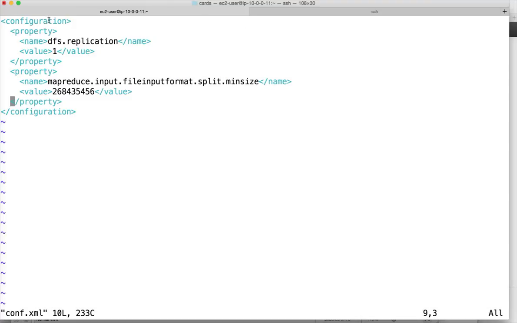The configuration file should start with the configuration tag, and then for each property you need to have the property tag. In this example, I am trying to set dfs.replication to 1 and also min size to 256 MB, and I am closing the configuration here. So you can have as many configuration parameters as you want at runtime, not only predefined but